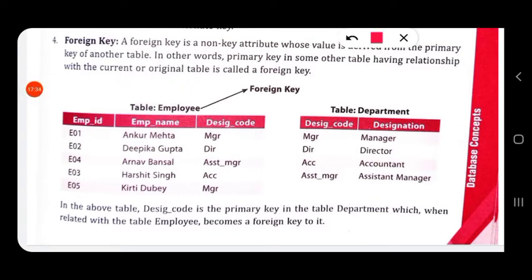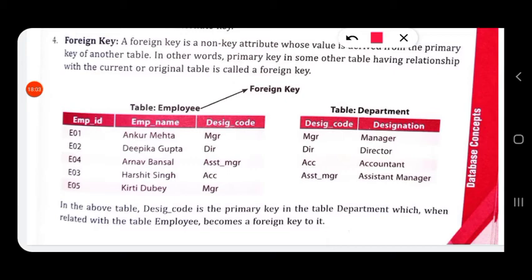employee table and department table. So consider this first employee table. In that we have three columns: employee ID, employee name, designation, and we consider this employee ID as the primary key because it has unique values.